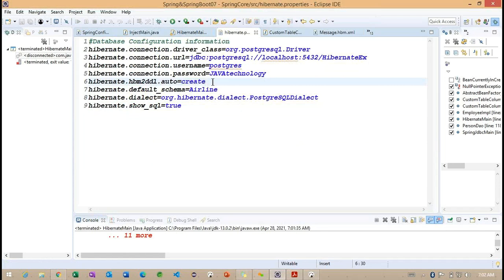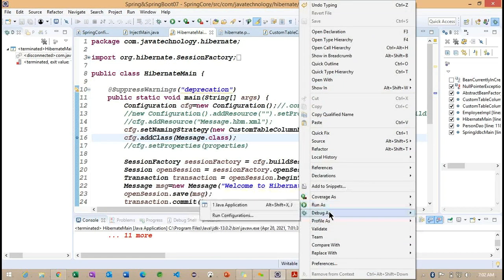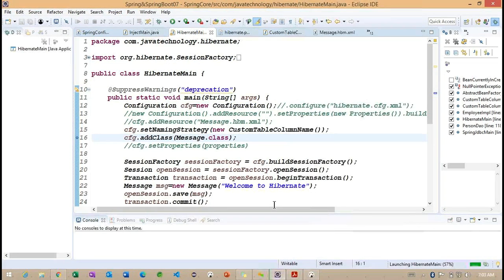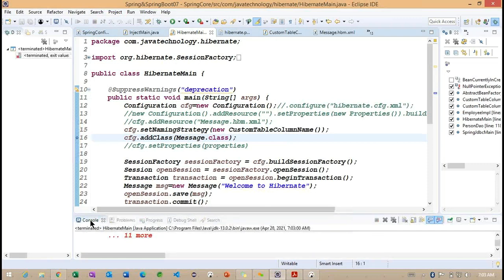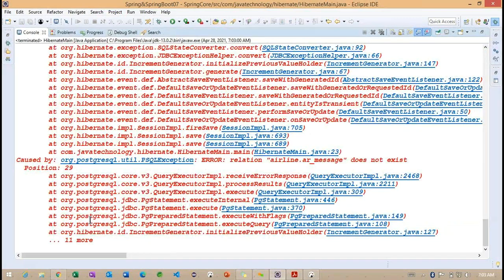To check the schema, we are creating with the create option here. The default schema we are making is airlines, so that is correct. So why is the object not getting created? We'll try to resolve this object issue.